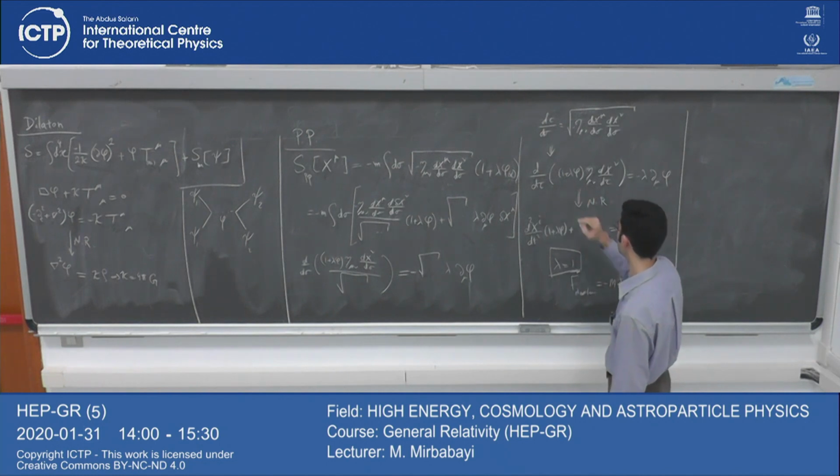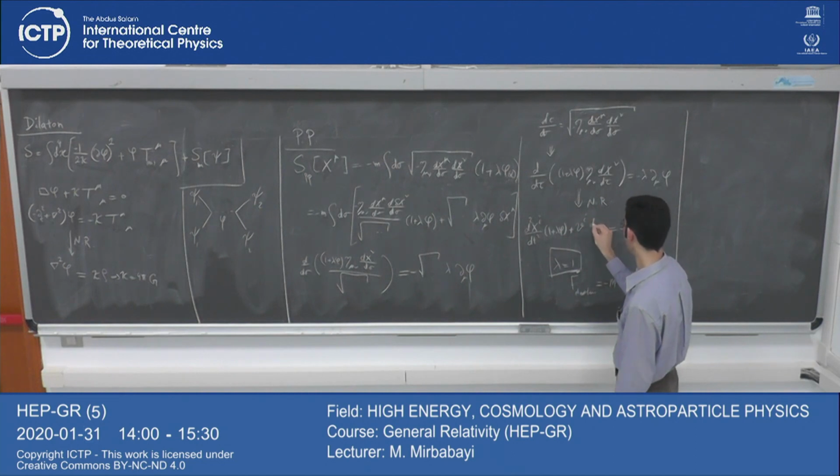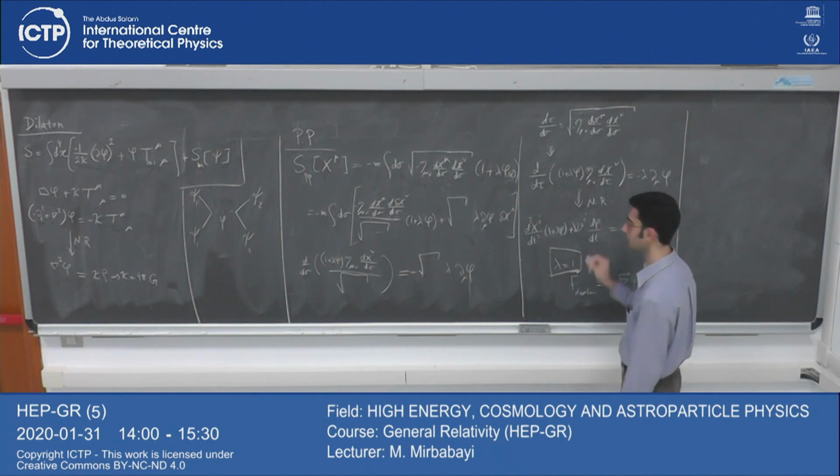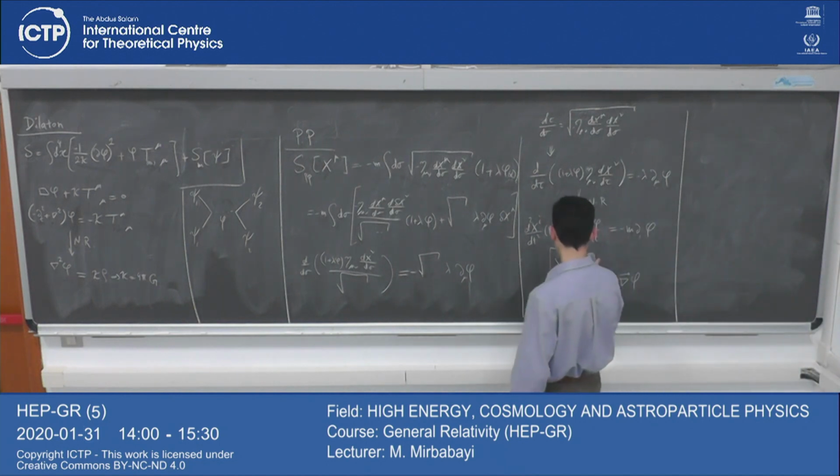So this is d by dt acting on phi, which is going to be dxi by dt, so the velocity vi times, again there is a lambda and there is d phi dt, right? Now